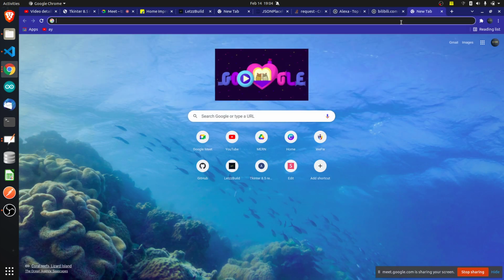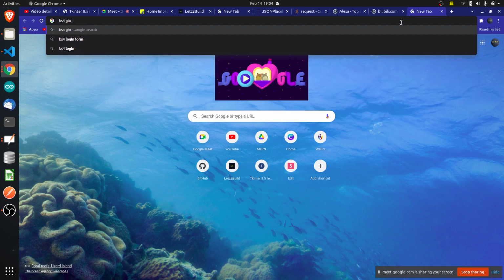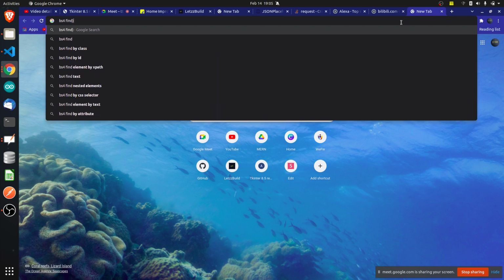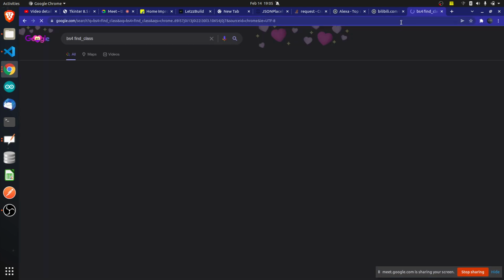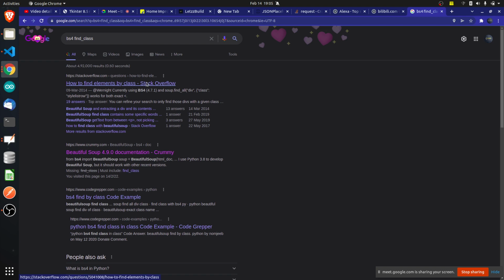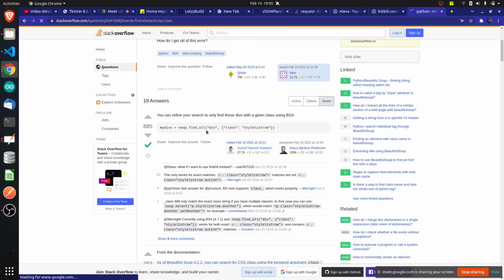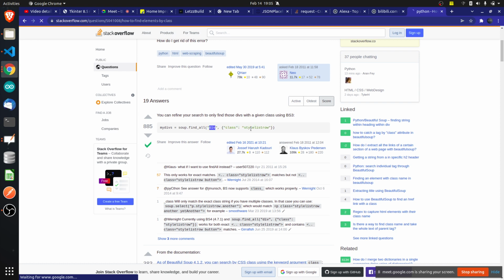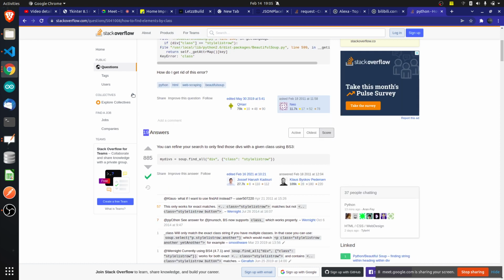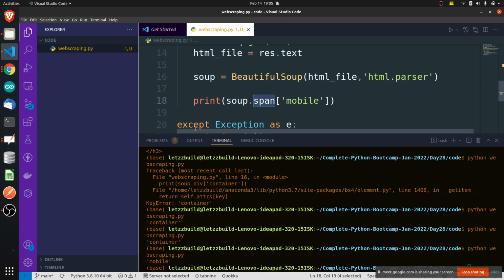Find BS4. Find by class. How to find elements by class? Okay. So find all, div tag, and then class name. Okay, this is the entire word. So find all. Let's say I'll use a function which is soup dot find